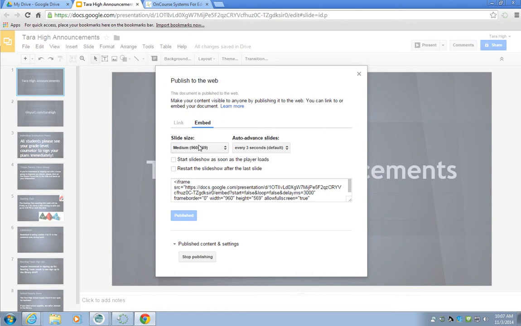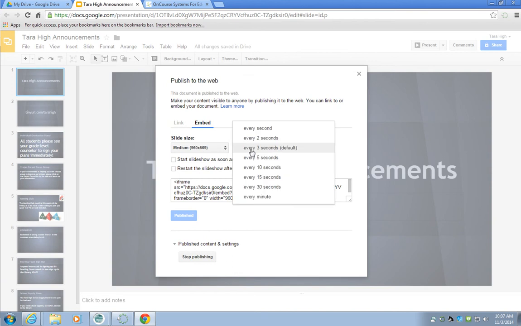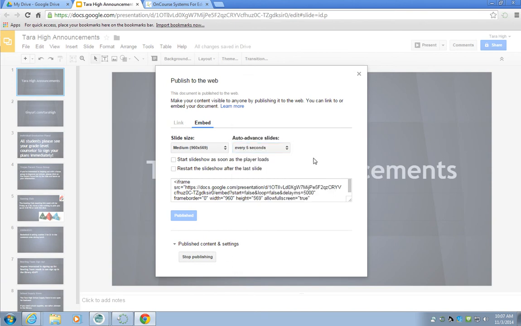I'm going to show you what medium size looks like, and I'll show you how I change the size. I'm going to change the rotation to every 5 seconds, give them a little bit longer to read. I'm going to click here so that it starts the minute they load the website, and click here so that it restarts the very second that it's ended. That way if they're on the website for more, they can wait. If they miss a slide and they're not quite sure how to go directly back to that slide, which is something I can show you how to do, then if they just wait long enough, it will cycle back around again. Click here,